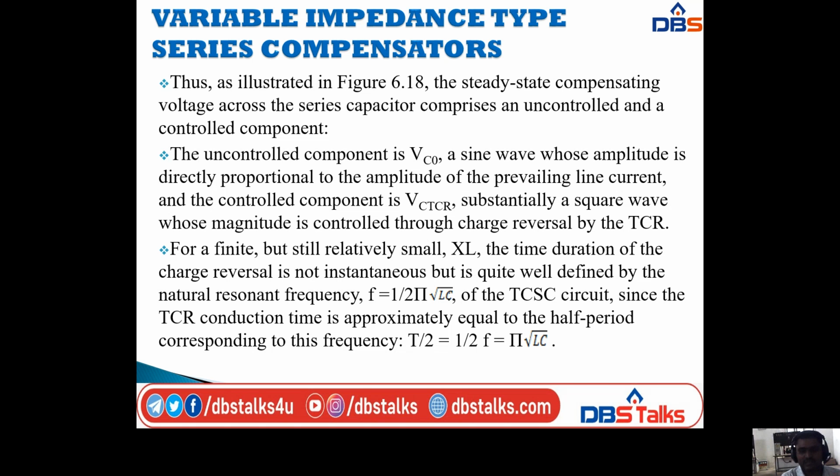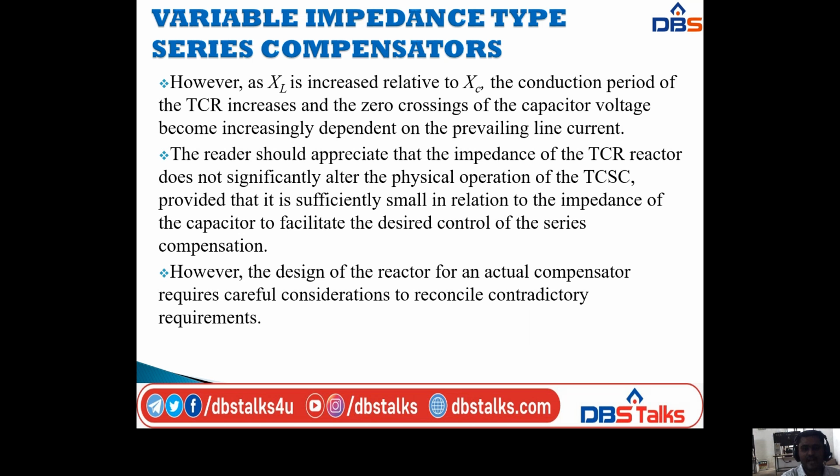That will convert into T by 2, which is equal to 1 by 2F, which is equal to pi root LC. However, as XL is increased relative to XC, that is XL greater than XC, the conduction period of the TCR increases and the zero crossing of the capacitor voltage becomes increasingly dependent on the prevailing line current. So it should be noted that